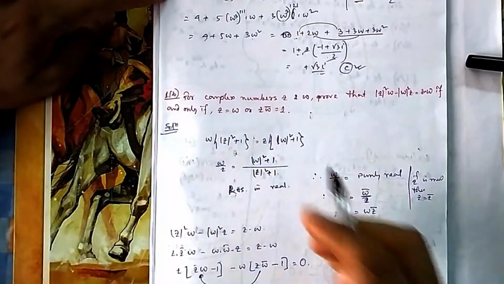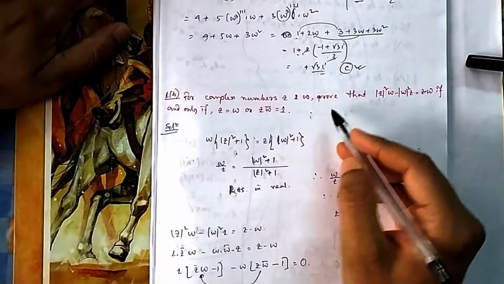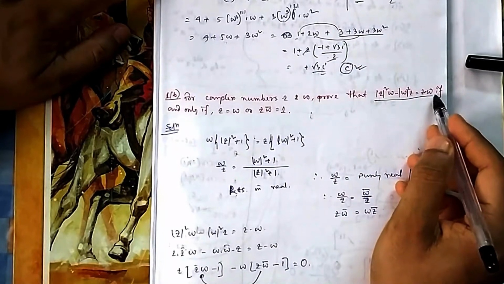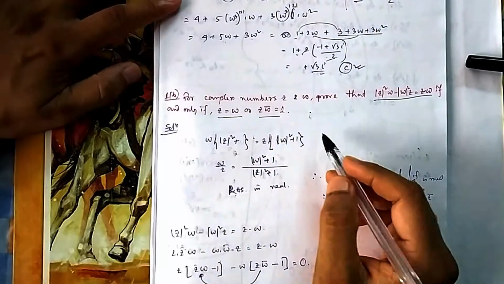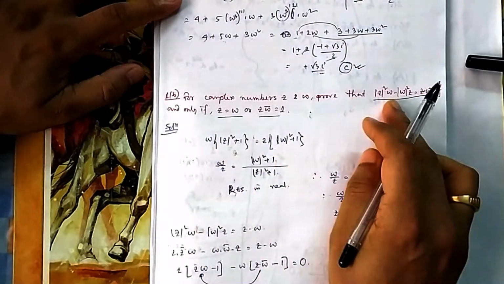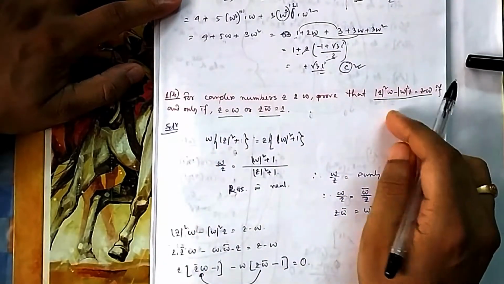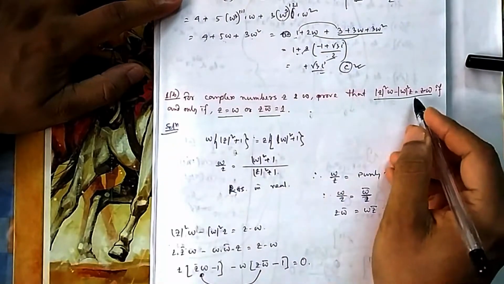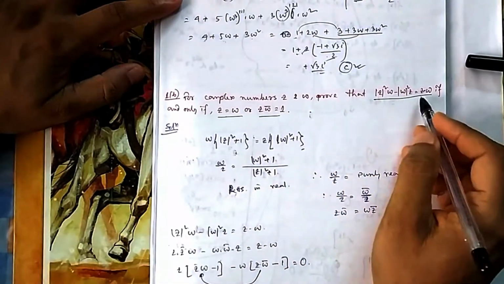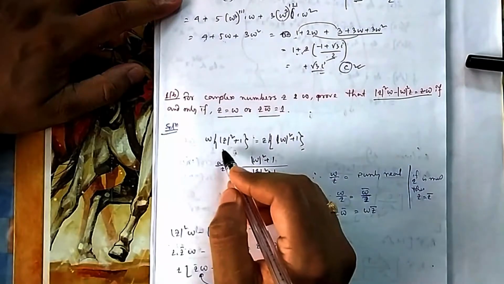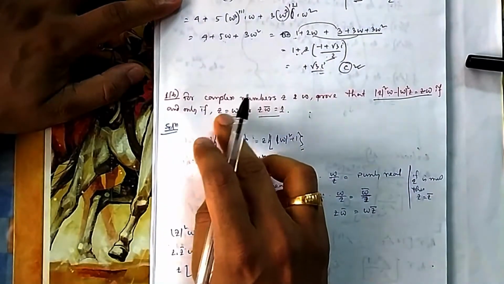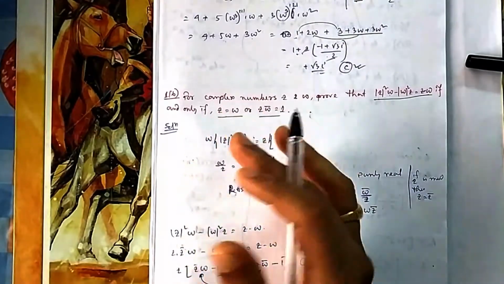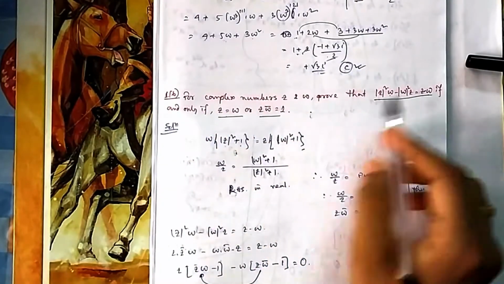Now if you come to 1b: for the complex numbers z and omega, prove that z equals omega if and only if either of these or this occurs, then only it is possible. So if you see what is given to you, you can take common. If you bring omega this side, it is mod z square plus 1. You need to create something of this fashion, omega minus z or this, so either this is 0 or this is 0 in the equation. So for that I am bringing omega to this side.